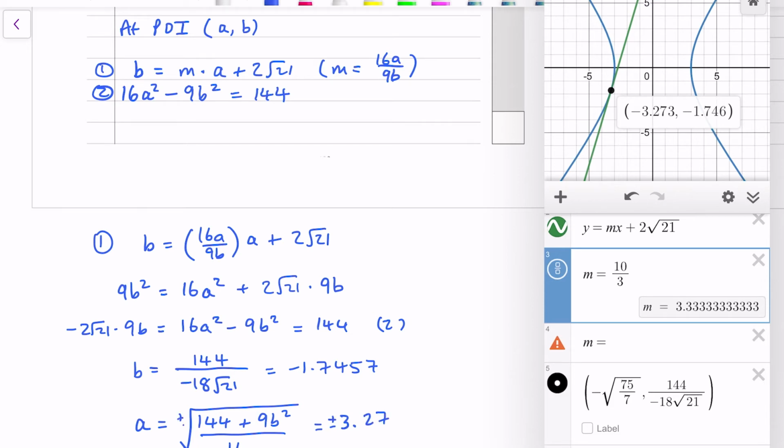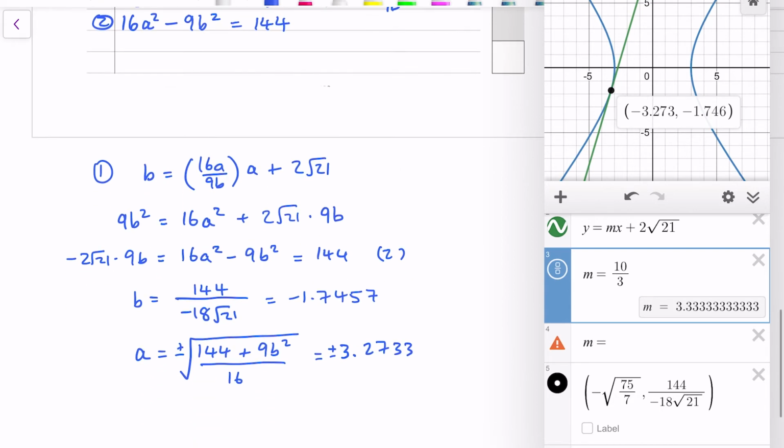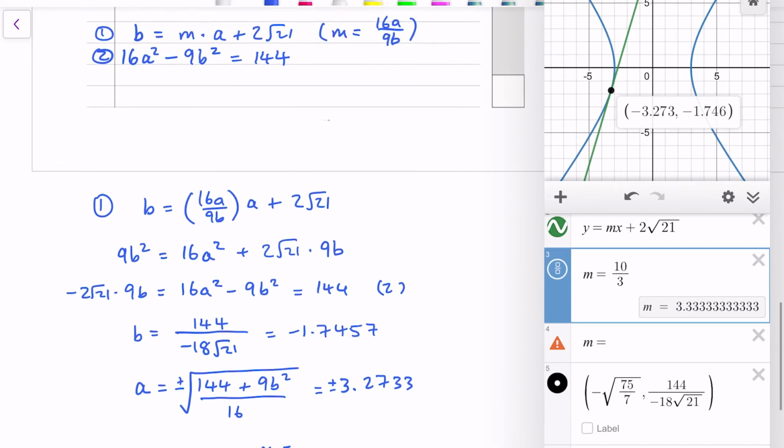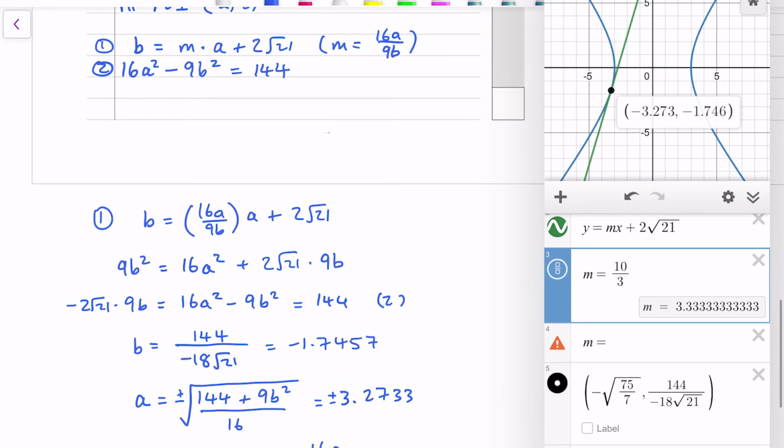It's plus or minus 3.2733. That's the point of intersection. And then remember that m is equal to 16a over 9b. So if I times that by 16 and then divide by 9, lots of minus 1.7457, I get minus